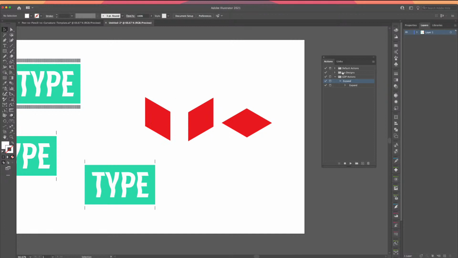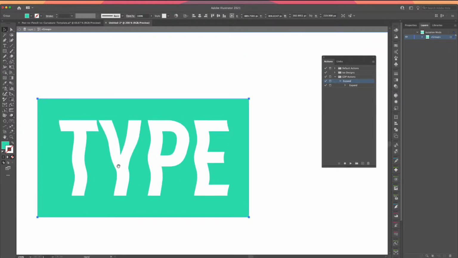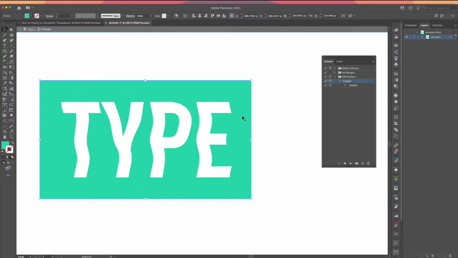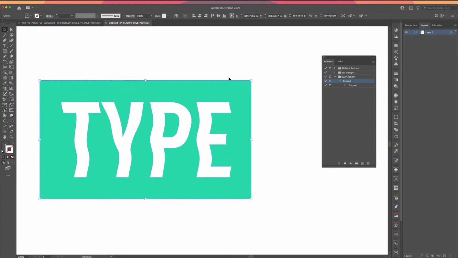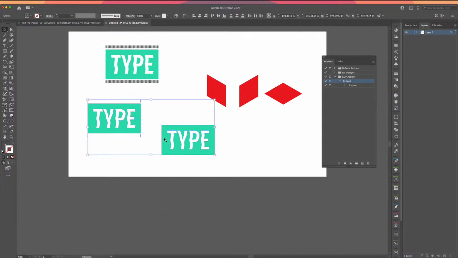So you can do this for all sorts of things. Like I say, we've got this set up with our ISO designs to transform them slightly. I'm just trying to think if there's another example of what we could do here. So let's grab this group here instead, and we could create a new action to create a little bit of depth to this box, for example. So what I'll do first is just make sure that this is ungrouped. So I'm just going to ungroup both of these